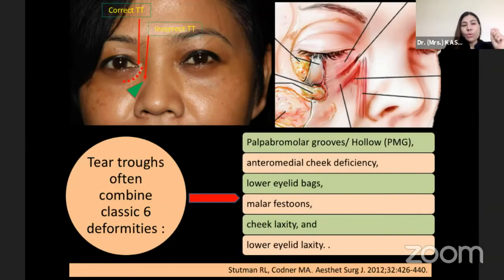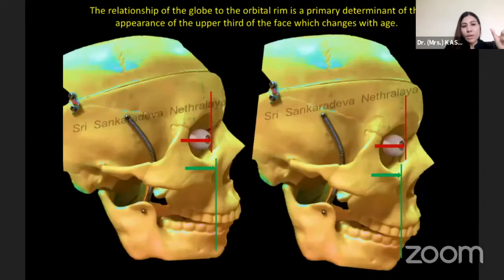Only if you can differentiate the two, then the line of treatment is different, because in case of tear trough, yes, the treatment is filler, but in case of this fold, the nasojugal fold that we usually say, the treatment is surgery, where you need to do a lower lid lift along with the SMAS and the SOOF lift. So to differentiate these two defects is very important.